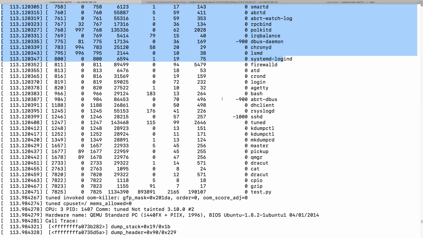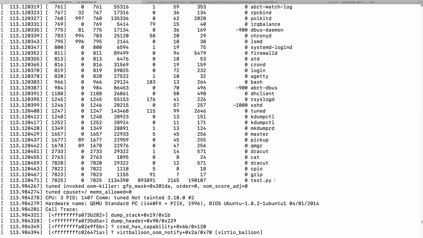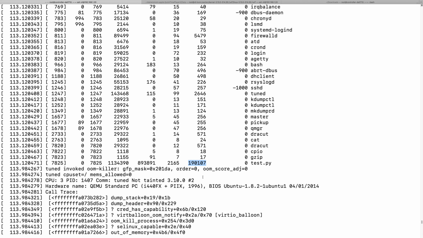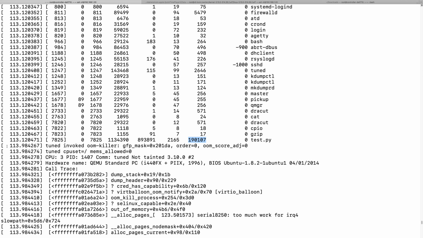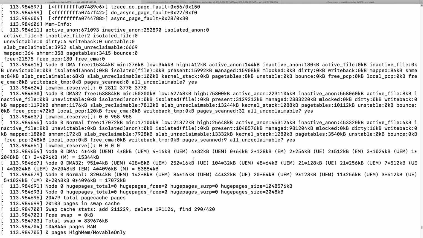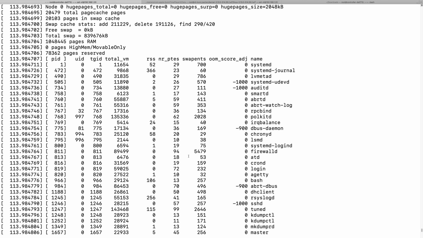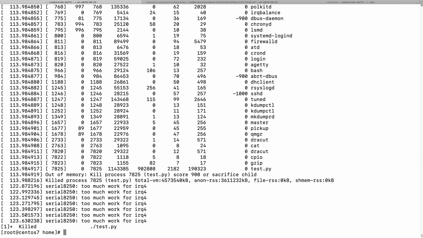You can see here it also shows test.py with the biggest memory usage in the swap, right? The other one is invoked by the OOM killer, which will actually kill the process. So I think this is good for diagnosing Linux memory problems